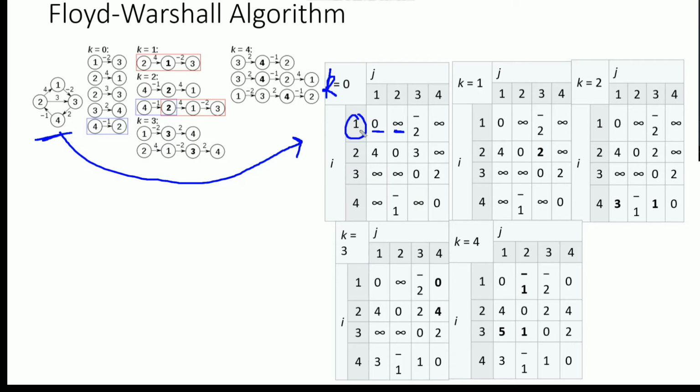Now next is from vertex 1 to 3. If we see in the graph, we find that without having any intermediate vertex between 1 and 3, there is a direct edge having -2 as a weight value. So we'll fill it with -2. Initially we have to construct the matrix having distances as values, and those distances or weights are associated with the edges connecting the vertex pair directly, without using any intermediate vertex. So that's why it's k equals 0.